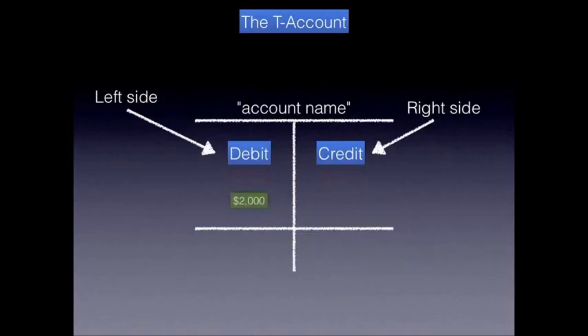Well, let's flip this. What if our debits totaled $2,000 for whatever account this would be, and our credits totaled $1,000? Can you think of what our balance would be? Our balance would be a debit balance of $1,000 because our debit